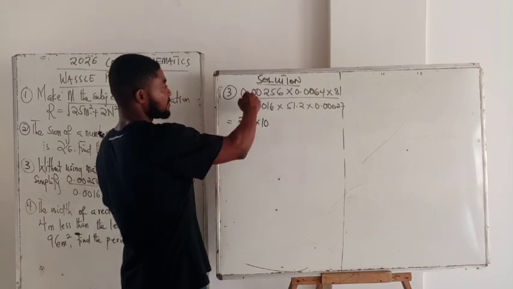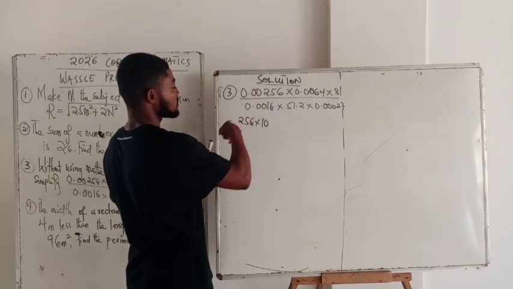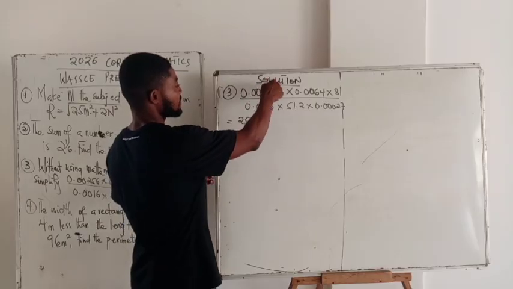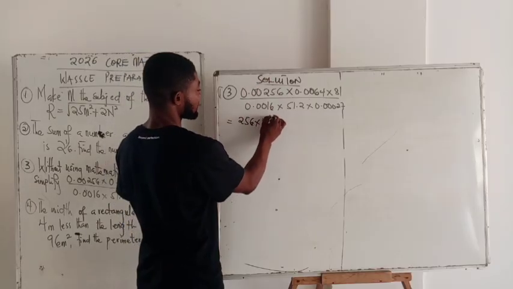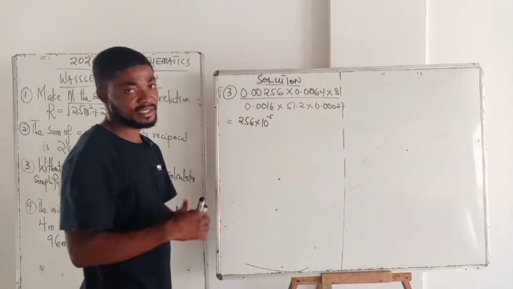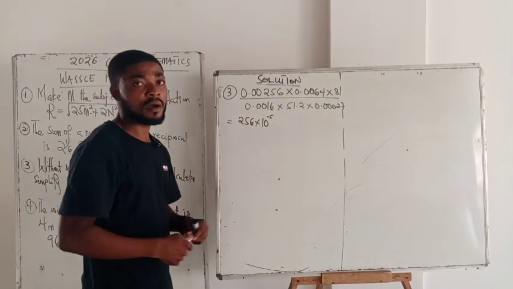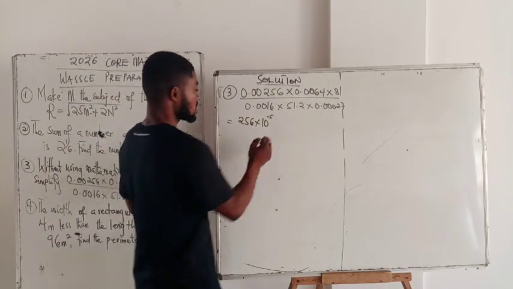How many times did we move to the right to get a 256? 1, 2, 3, 4, 5. So times 10 exponent negative 5. When we are moving to the right, it is negative. When we are moving to the left, it is positive. Okay. So times